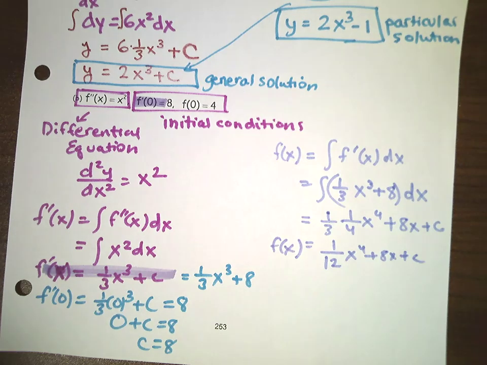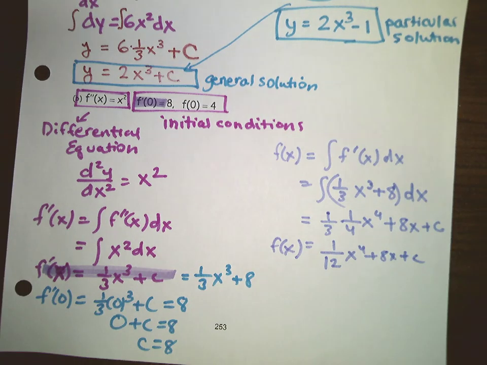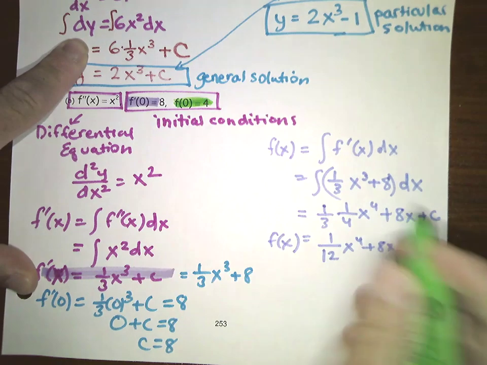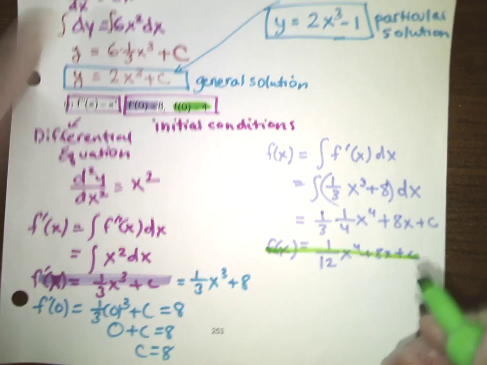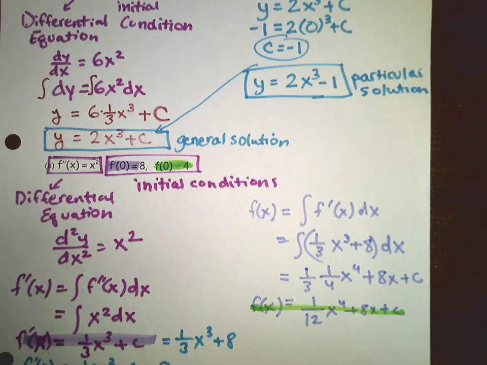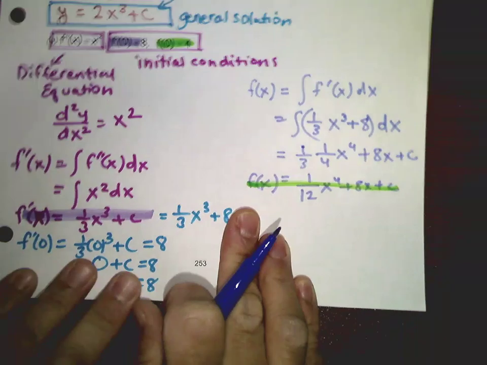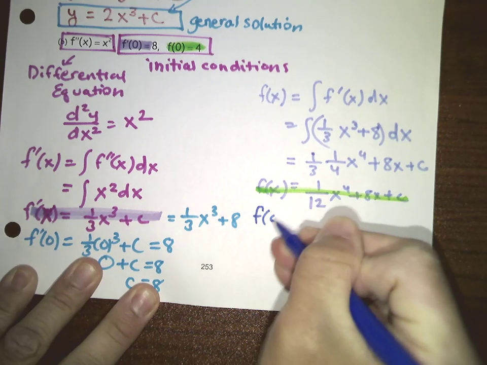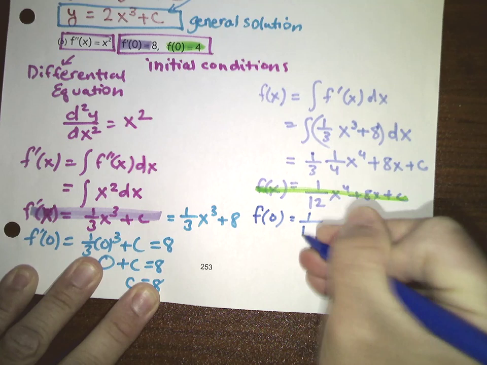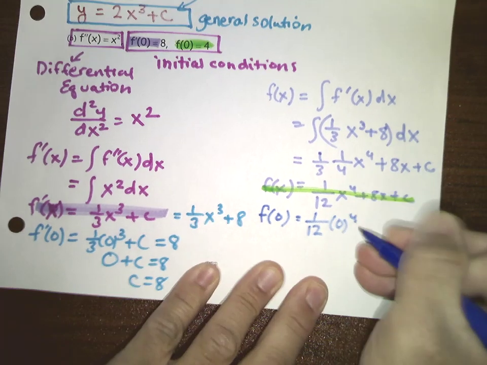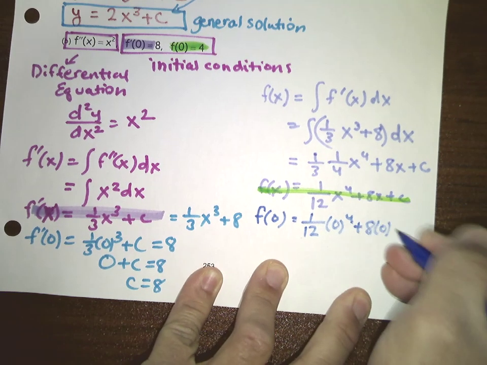But then I can use the initial condition f of 0 is equal to 4 to figure out what the c is for f of x. So let me move that up a little bit here. So now I have f of 0 is 1/12 times 0 to the fourth plus 8 times 0 plus c